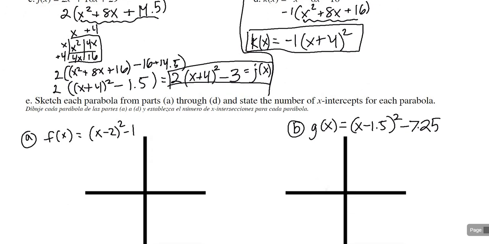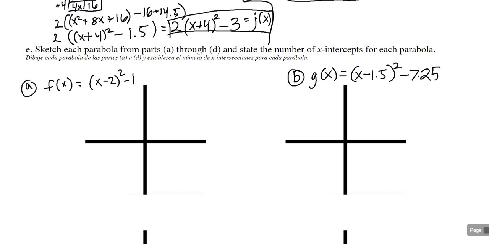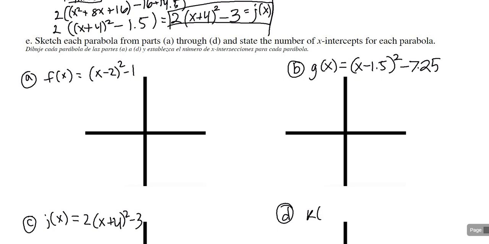For C, I have j of x is equal to 2x plus 4 squared minus 3. And for D, I have k of x is equal to,